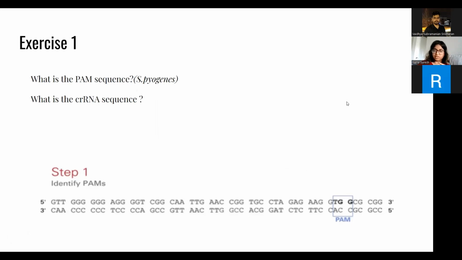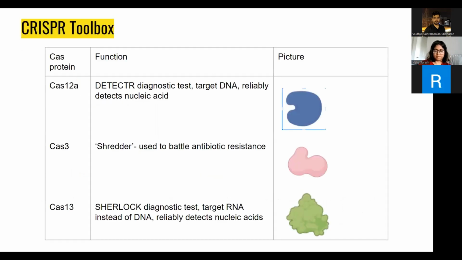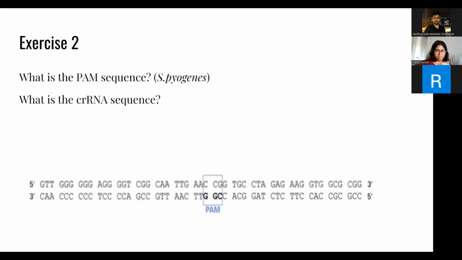PAM again is a protospacer adjacent motif. So if you need to find a protospacer adjacent motif, you need to find the protospacer first. This is the area that we are targeting to be cleaved, and we need to find another PAM sequence. And once you find the PAM sequence, if you count 20 nucleotides towards the 5' end, you will find the CRISPR RNA as well. So these two are the same sequences. This is the other PAM sequence. And depending on where you're looking, you need to count 20 nucleotides towards the 5' end, and that is a